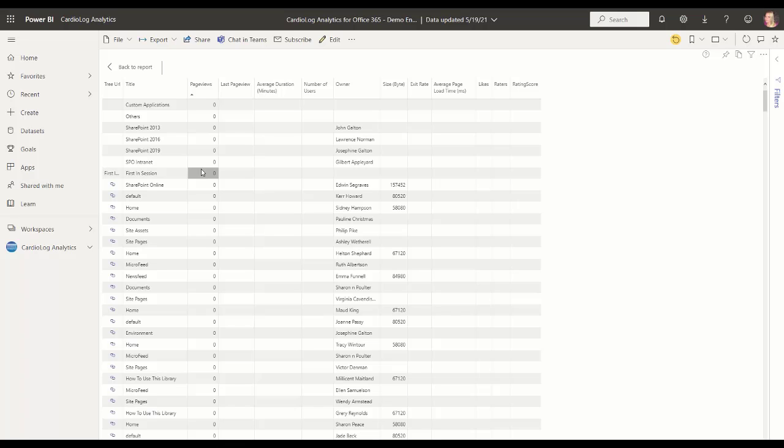But once you know about that, you're empowered to take action and make the necessary improvements needed, whether it's deleting it, archiving it, notifying everyone about the site, maybe adding a link from the homepage, or launching a campaign. So lots of really wonderful actionable data right here. If we go back to the report,